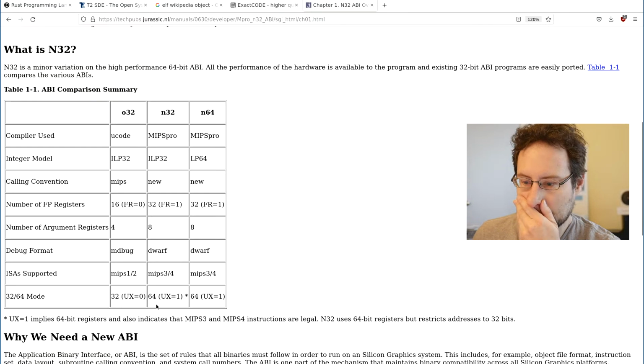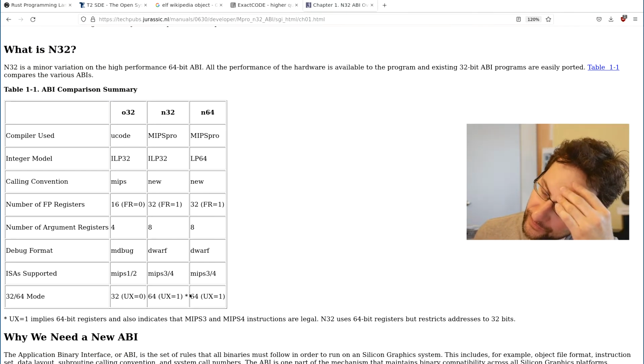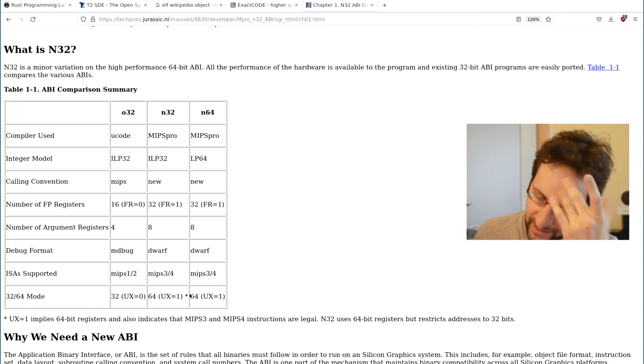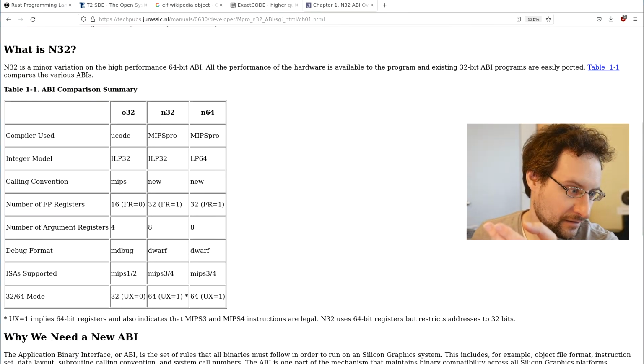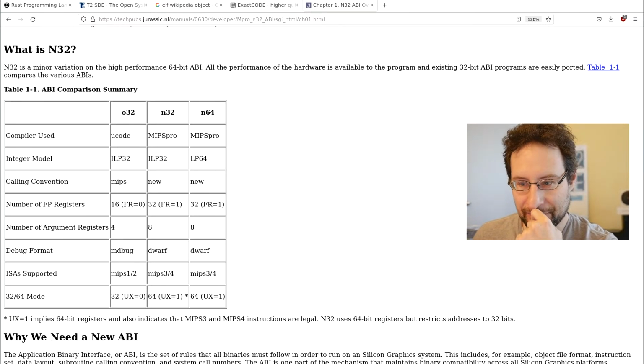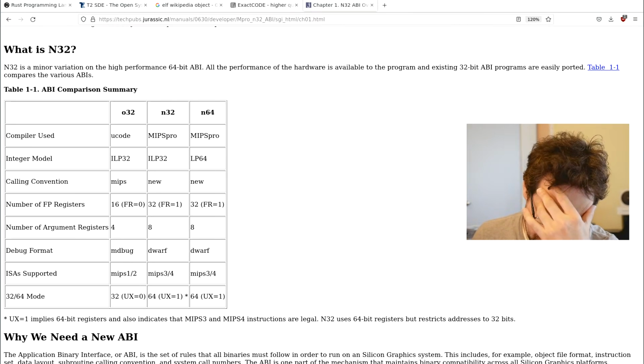But it is running in 64-bit mode, I believe. So they run in 64-bit mode with FR1, floating point registers 1, for all the floating point registers. So it's running in 64-bit mode. I mean, yes, it is a tricky ABI, obviously for high performance 20 years ago on your supercomputers, like how you do even today. I mean, technically it is MIPS 64.